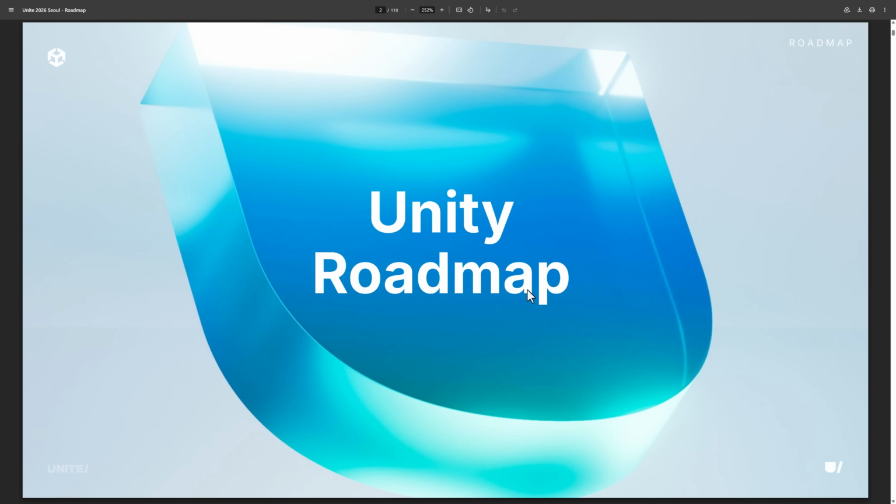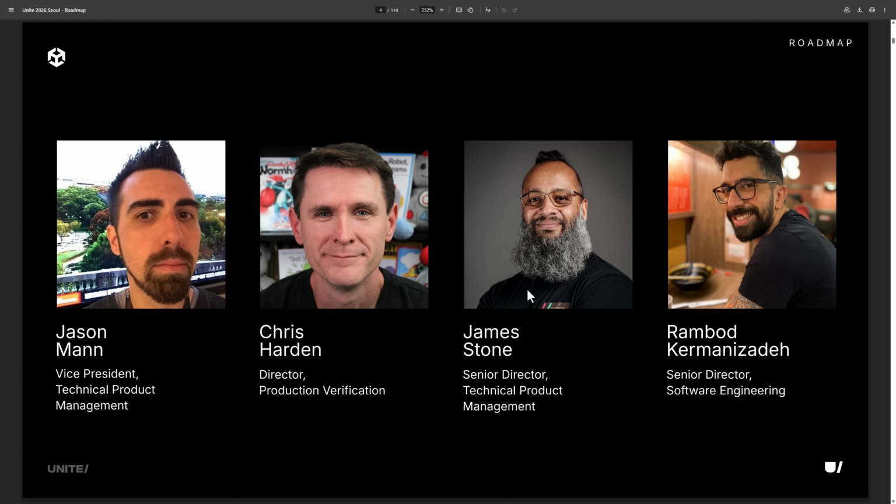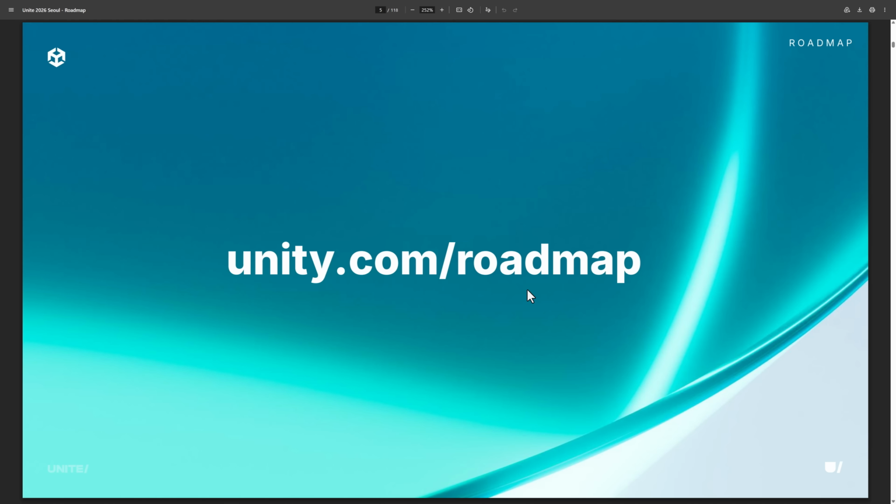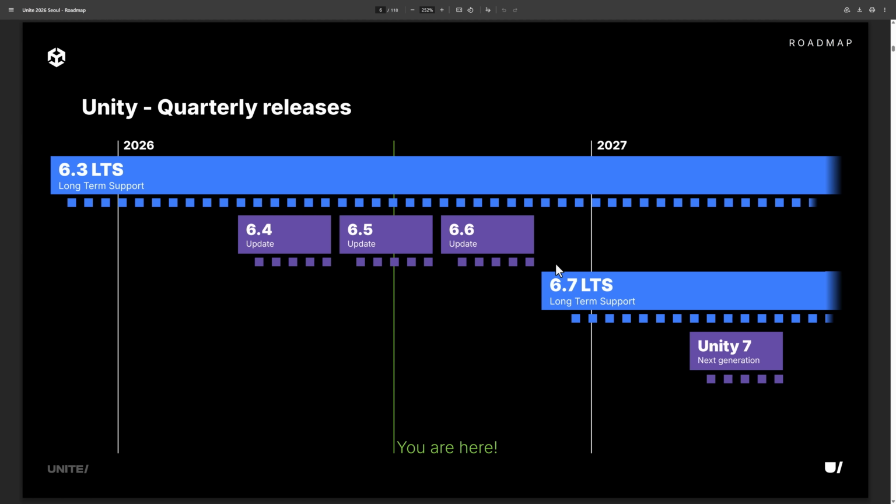But let's go take a quick look at the Unity roadmap, and obviously we're going to be talking about Unity 7 specifically. So I'm going to go through this pretty quick, but what we really had here was 6.4, 6.5, 6.6, and then 6.7 was the big version. This was going to be the version that had CoreCLR. That's the thing that most people are waiting for, and now we have the announcement of Unity 7.